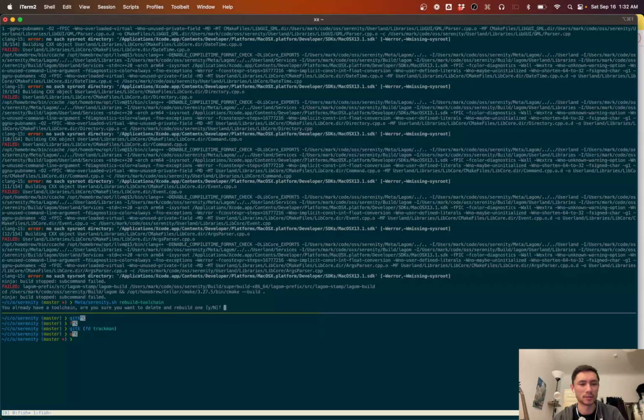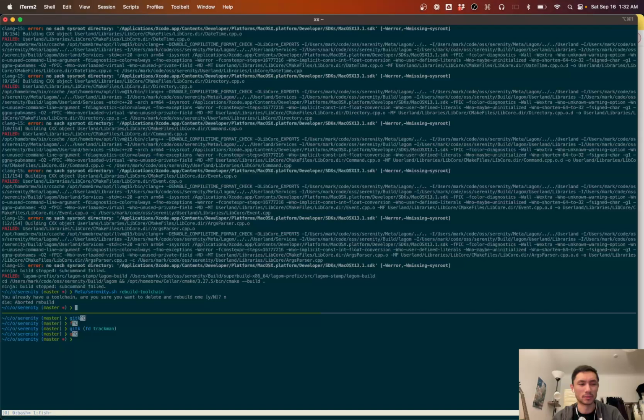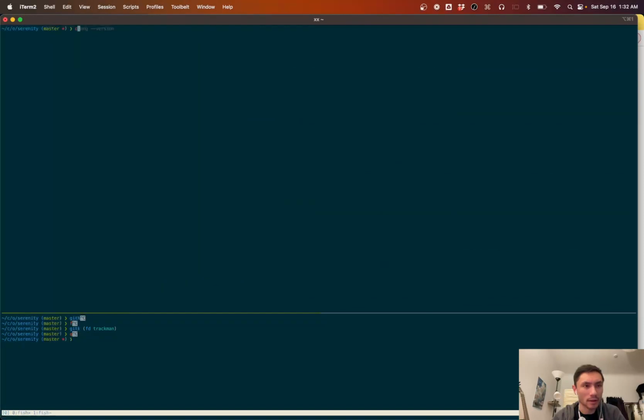Rebuild tool chain. I don't know if I want to rebuild the tool chain. Yeah, Clang